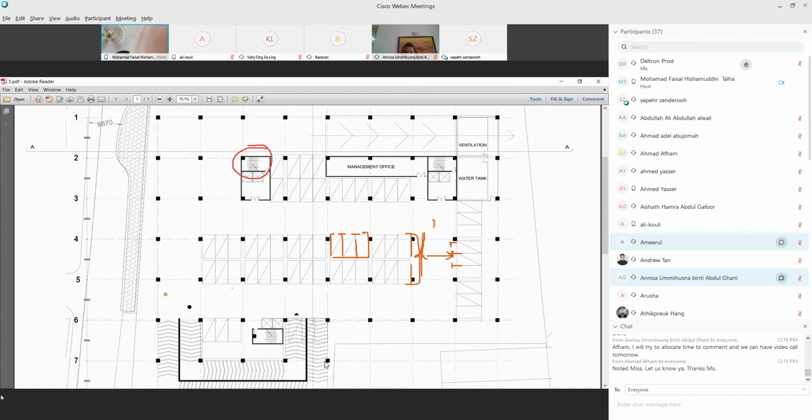So 4.5 meters divided by 170. Right. 26.